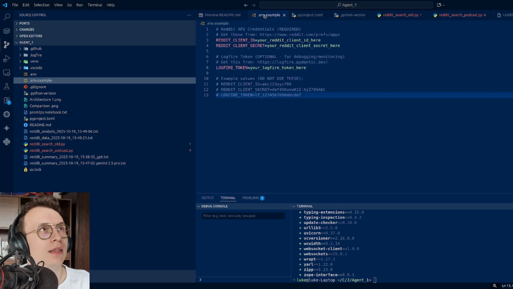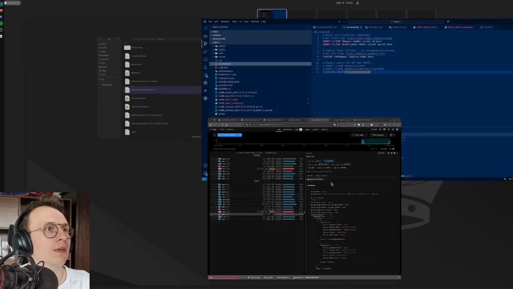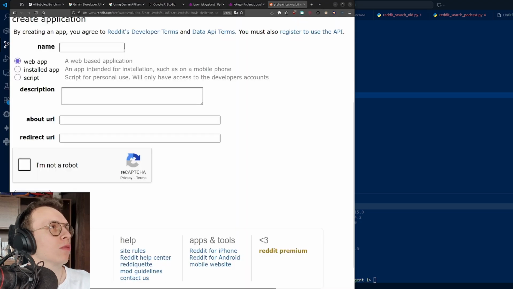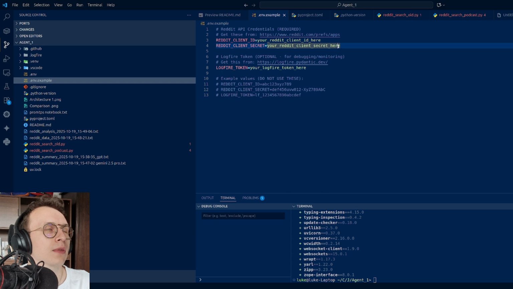Yes, and then what we need to do is create our credentials. So for Reddit, we can go to this link, which I have open here. Oops, I spoiled something. When you go to this link, you log in on your account and you need to create basically this application, to have your own bot. And then you just click create app. You can ask ChatGPT easily if you have any issues here, and then you need to put in the client ID and secret key that you get.